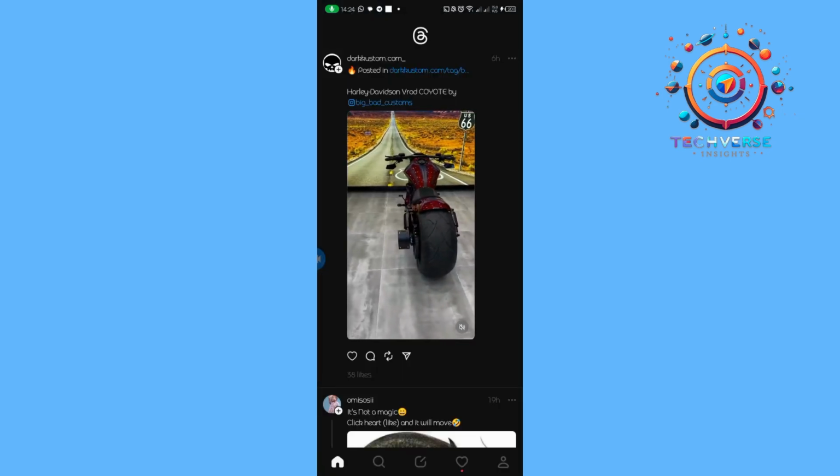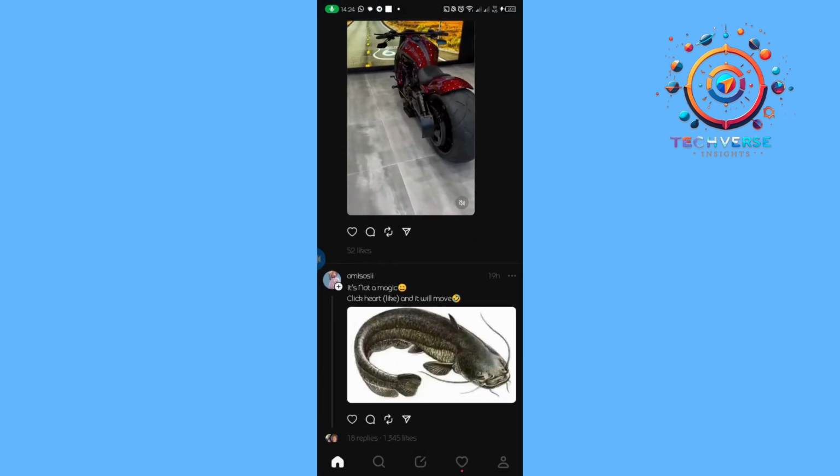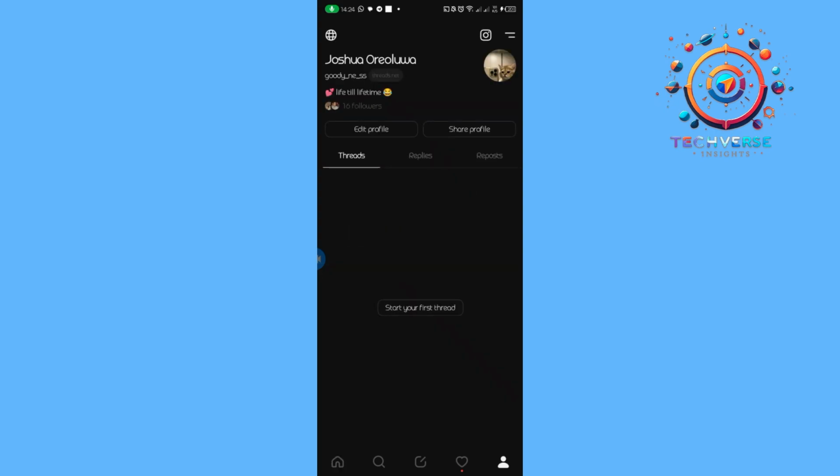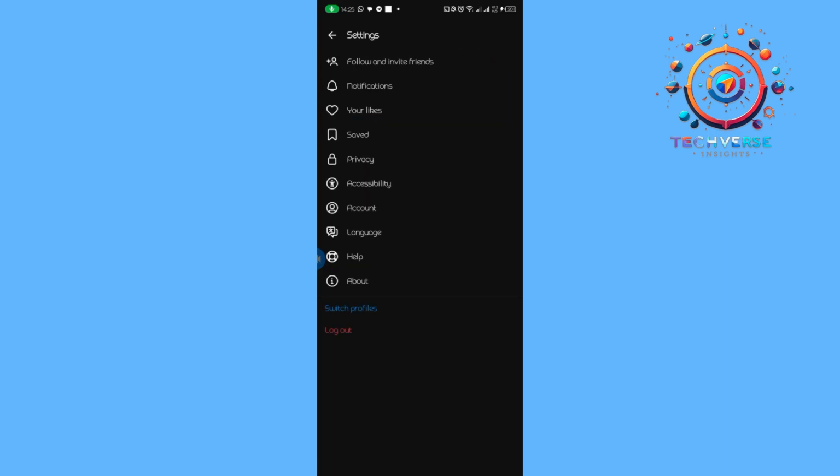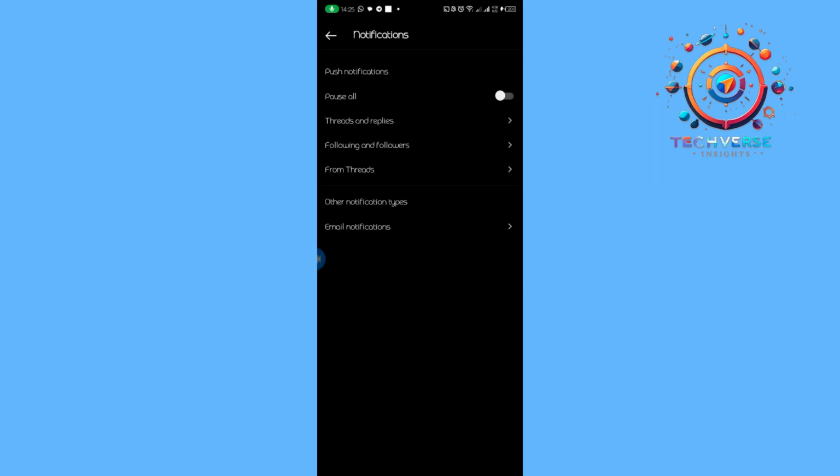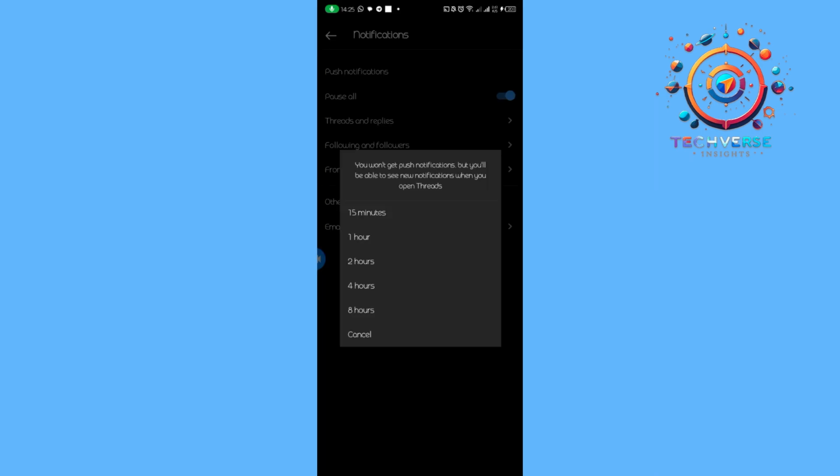And then from here, we are going to tap on our profile and then tap on the three horizontal lines at the top. And then we are going to tap on notifications. From there, we are going to tap on post all. From there, it will tell us that you won't get push notifications, but you'll be able to see new notifications